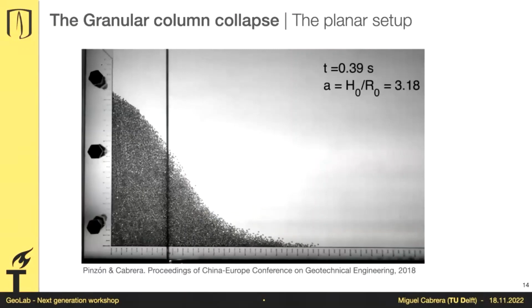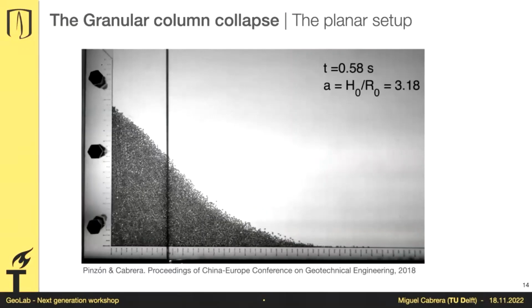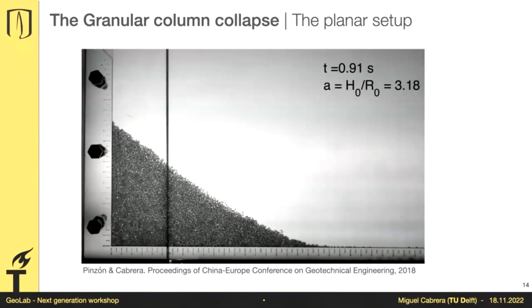And this is something that is very neat, because you can then use PIV, PTV, whatever image analysis you want, and you can tell exactly how fast particles move. You can also tell whether some regions dilate or some regions contract during the movement. And that, again, is an oversimplification, but it's a useful one, because we can tell what happens during a landslide.